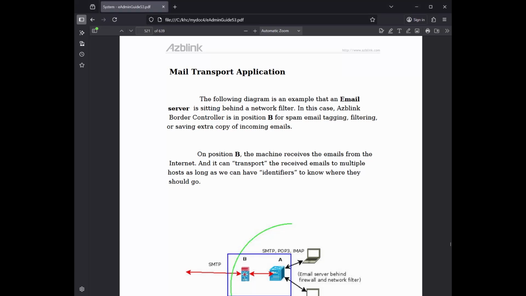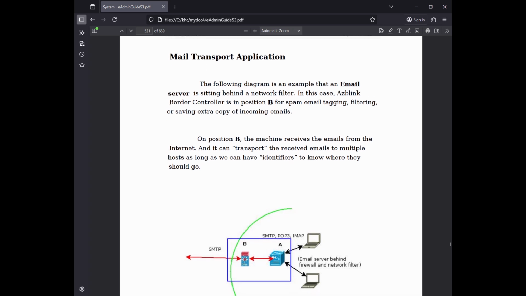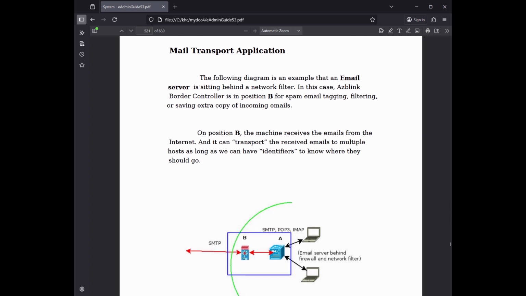Mail transport application. The following diagram is an example of an email server sitting behind a network filter. In this case, the Azblink border controller is in position B for spam email tagging, filtering, or saving an extra copy of incoming emails. On position B, the machine receives the emails from the internet, and it can transport the received emails to multiple hosts as long as we have identifiers to know where